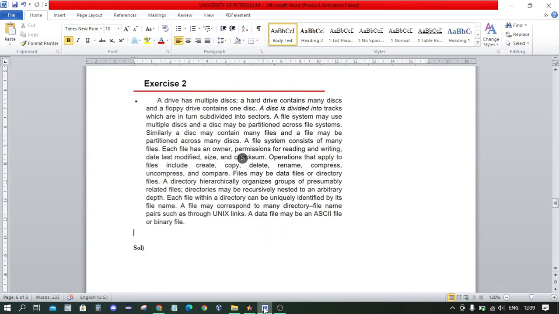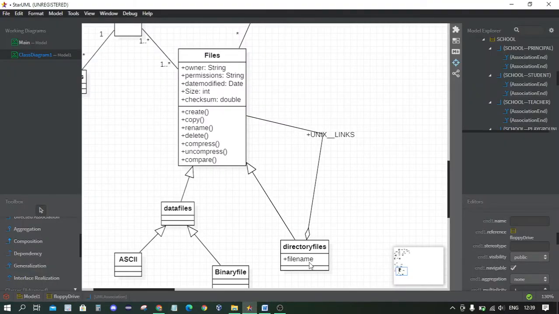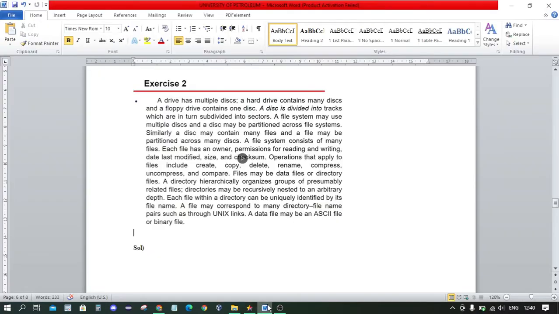It is not mandatory. Aggregation basically represents the has-a relationship, where this is the container class and this is the contained class. It does not have a strong dependency on the life cycle of the container class, that's why we use the aggregation relationship here through the Unix link.